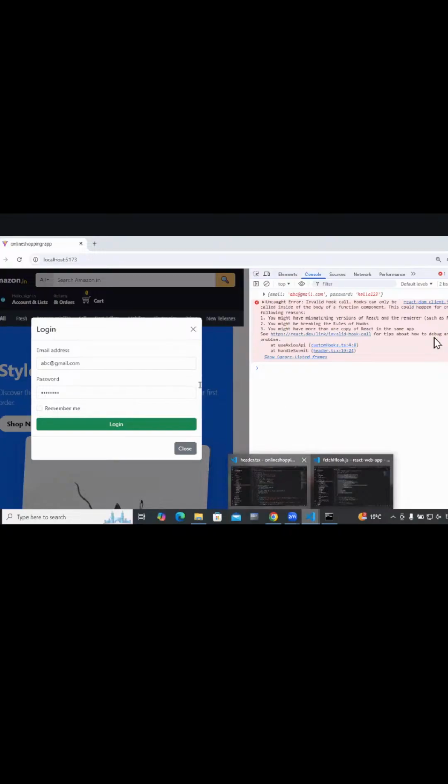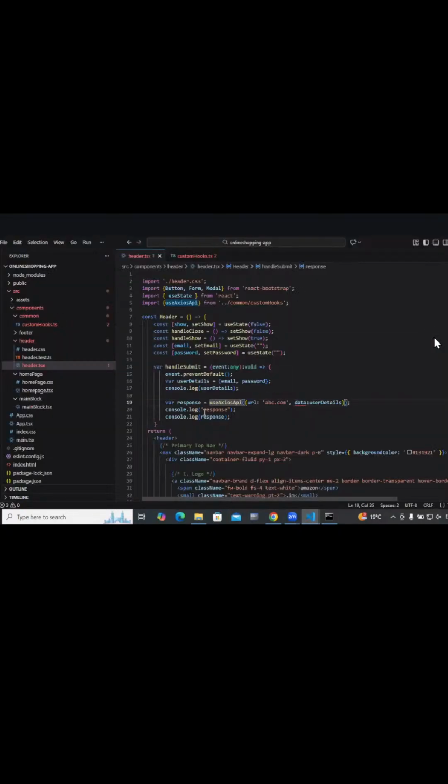I'm saying handleSubmit. Oh, we are calling this hook inside this method, right? A hook cannot be used here. That is the one which we are missing.